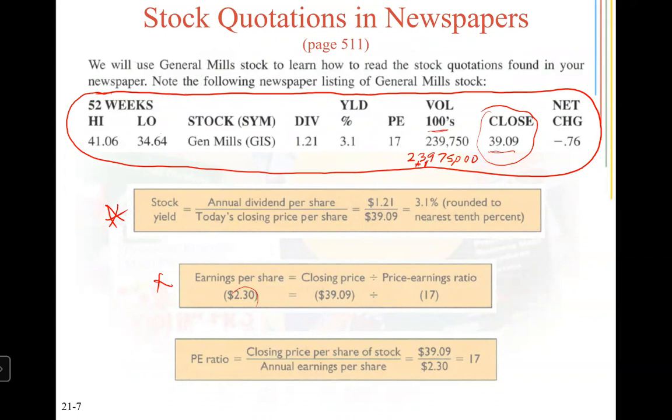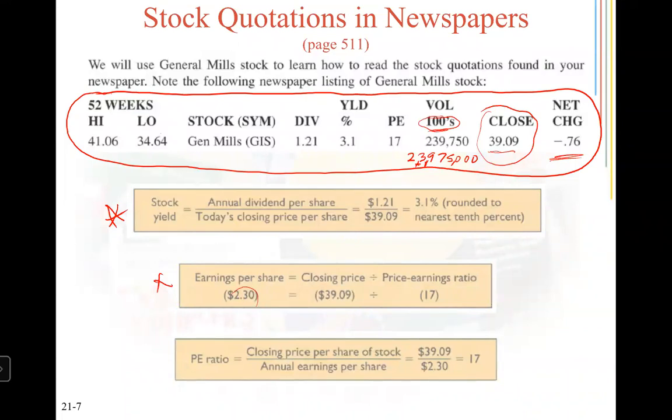So basically, you just need to add 2 zeros to the end of this because of the hundreds that you see there. So if you want to find how many of those stocks were traded on that particular day, how many were bought and sold, you would add 2 zeros. And so in this case, 23,975,000 shares were sold or purchased. And then the last column